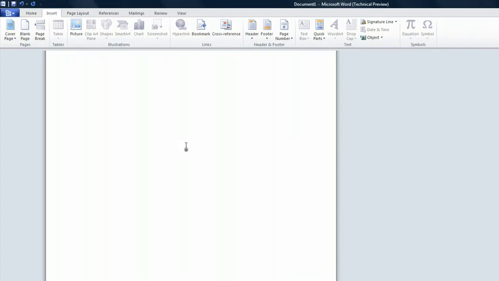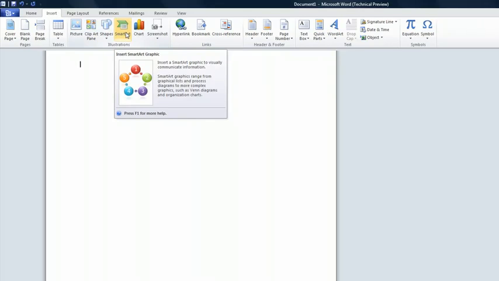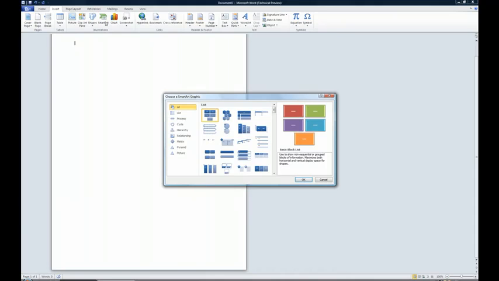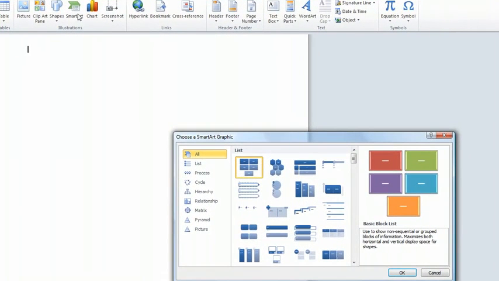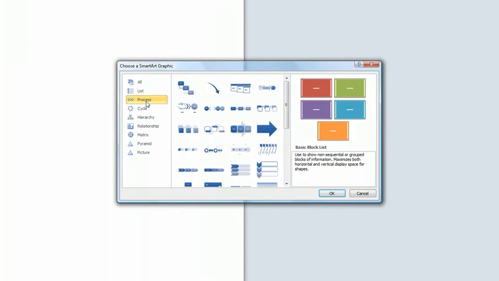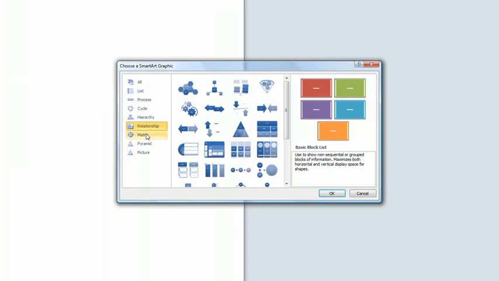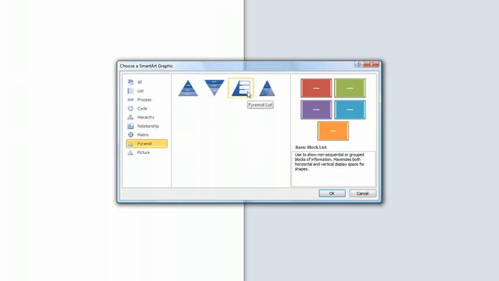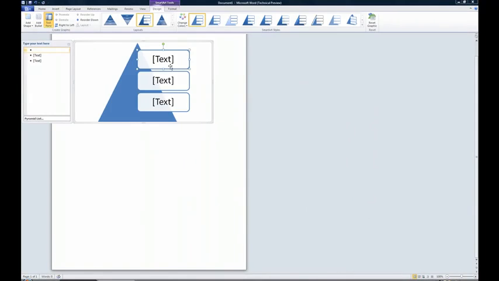They also have something called SmartArt. SmartArt is improved charts and diagrams, and allows you to build diagrams in minutes, because sometimes instead of just having a list view, having that graphic will increase the power of what you're saying. There's also the ability to transform bullets to visuals. I'm just going to show you a quick thing. You have list, process, cycle, hierarchy, relationships, matrix, pyramid, or picture. Let's just show you a pyramid. We can just press this, press OK, and then you have some really cool